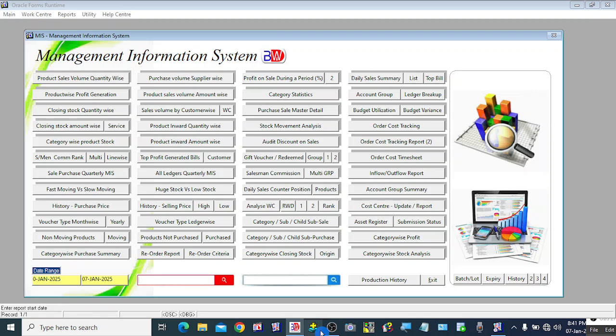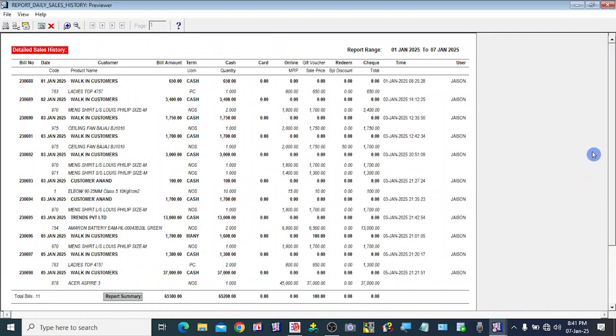Here, for example, from 1st January to 7th January, I want to know the detailed report of the sales that occurred during the period 1st January 2025 to 7th January 2025 by entering the date range. Here we can see daily sales, counter position, products. By clicking this products button, system will generate, during the date range we have entered,